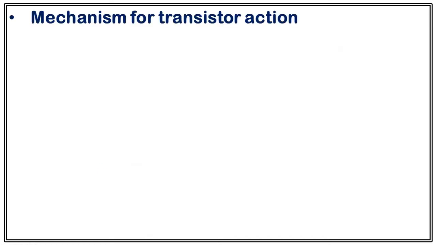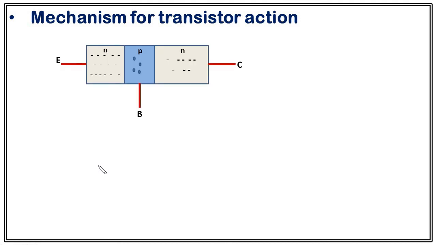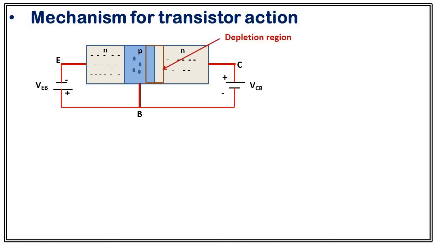Now we will see the mechanism of transistor action. Till now we have a fair idea how to operate a transistor, that is, in the normal condition we have to make the emitter to base junction forward biased, and the base to collector junction reverse biased, for an NPN transistor. So this biasing is according to the normal operation. Due to this reverse bias there is a creation of a depletion region in the collector junction, and that we can easily guess. So it looks like two PN diodes connected back to back.